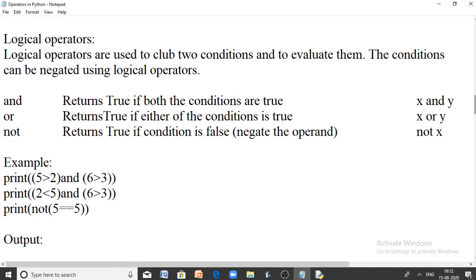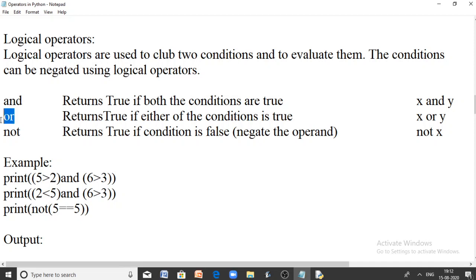If you are provided with a logical or comparison expression and you want to club two such comparison expressions or conditions, you can use these logical operators: and, or, and not. These are the three logical operators available in Python.